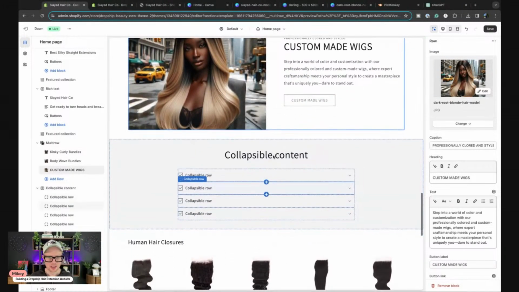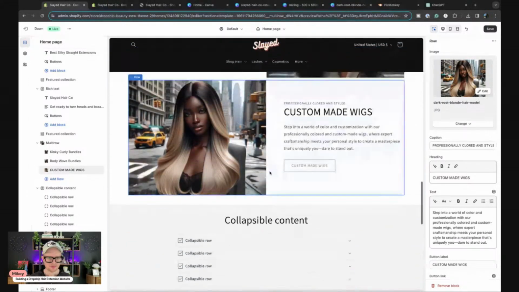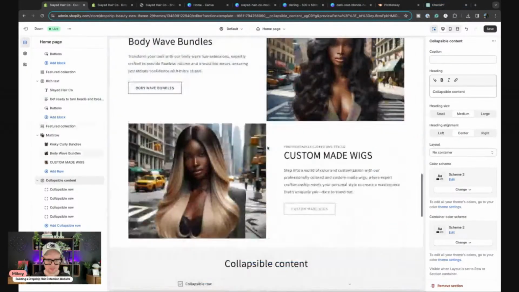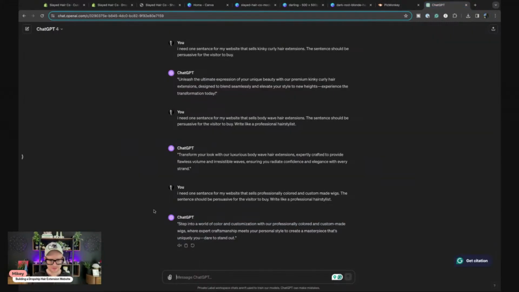So we have our collapsible content here. So let's go ahead and build this out. So we want to come up with some facts or some questions and answers about products we sell. So right now it's very heavily focused on bundles and closures frontals. So let's go over to ChatGPT and let's say, as a professional hairstylist, write me 10 questions and answers people often ask about human